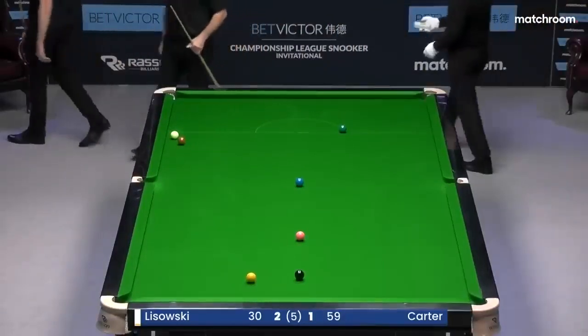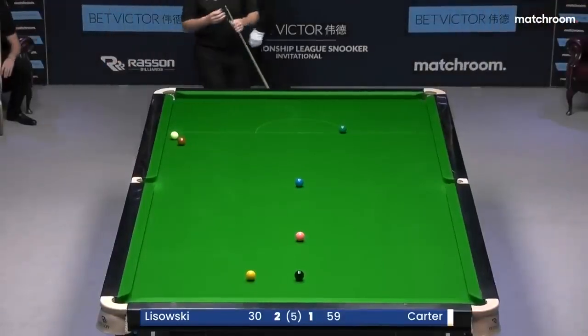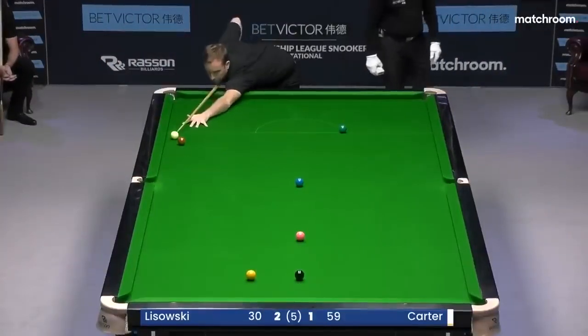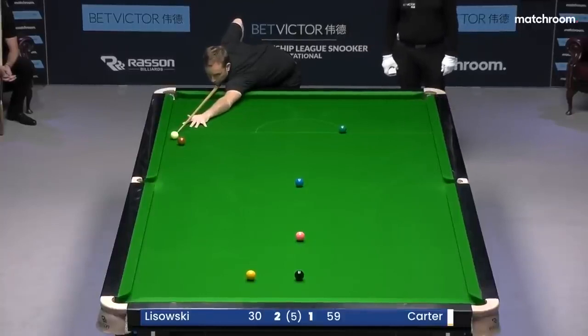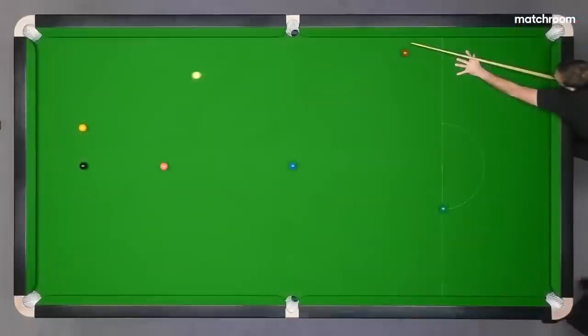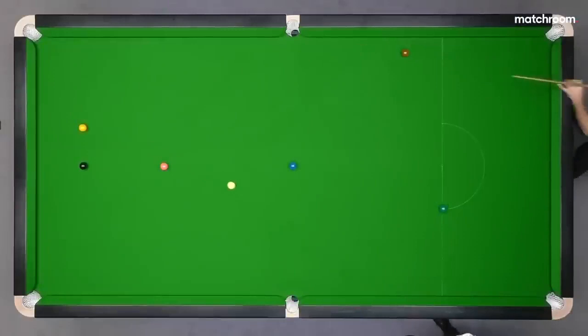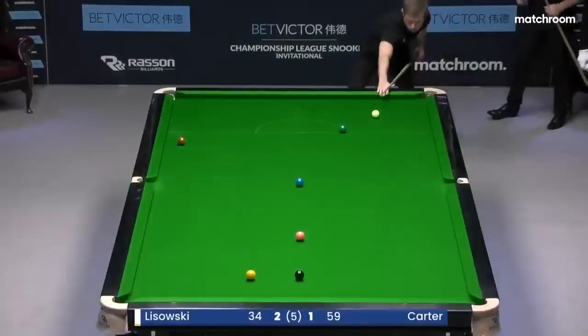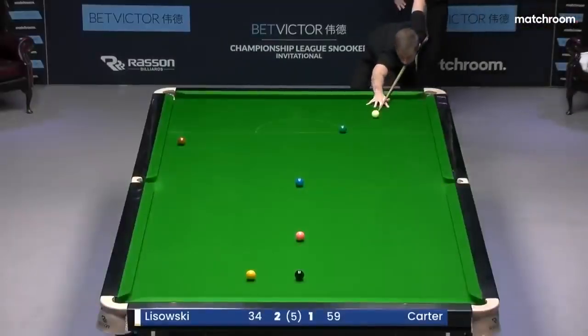Jack Lisowski, 23. Not quite as tight as he would have liked. This is easily to misjudge, and he has done. When you're hitting the cushion so soon with the cue ball, it's always difficult to judge. And that's what's gone wrong. And foul. He's possibly left a free ball. Jack Lisowski. No free ball. Can't have it replaced because the snooker was required, so